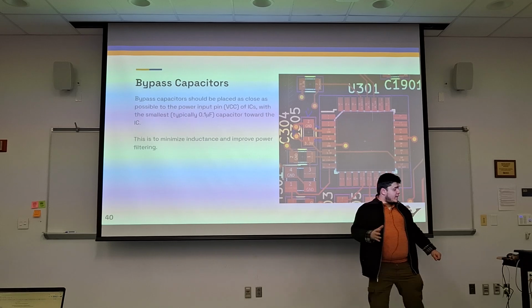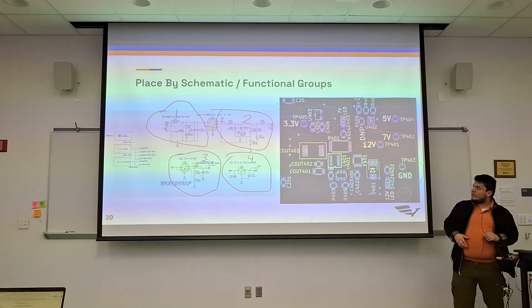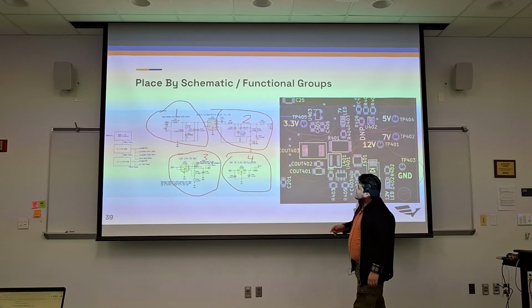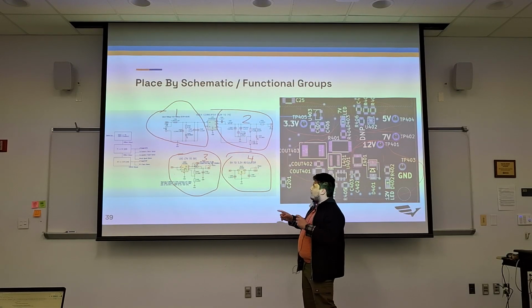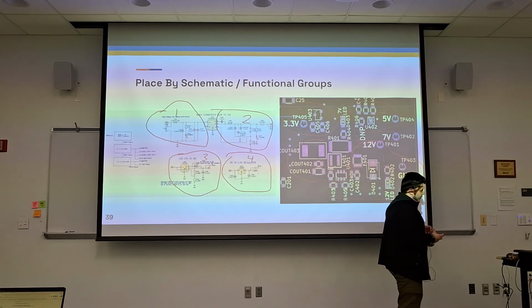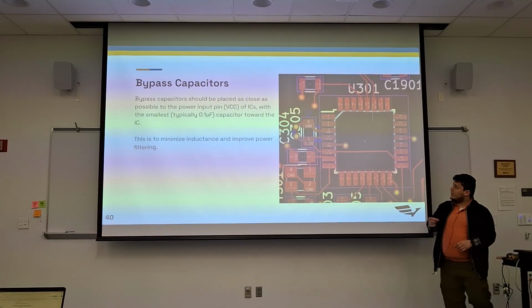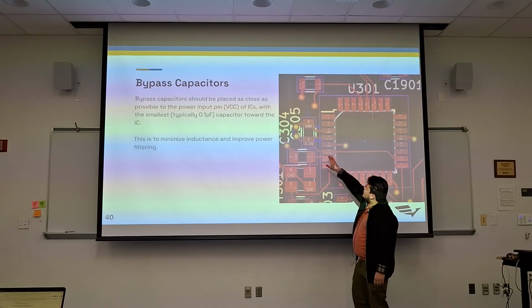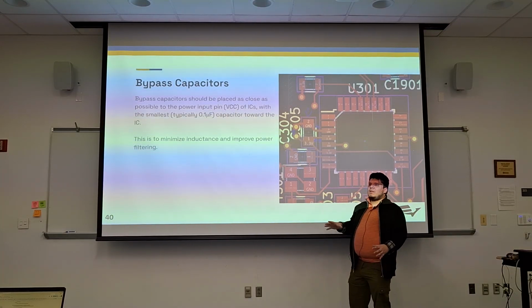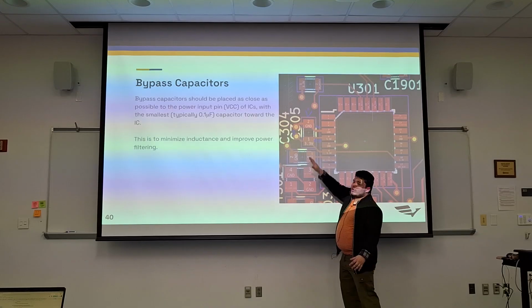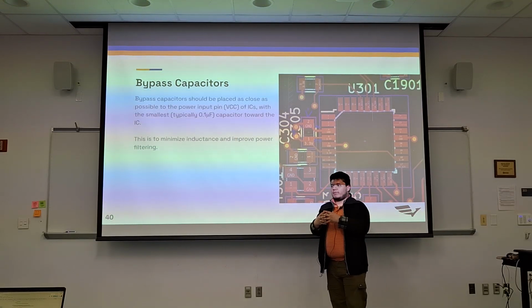The other important thing to consider in placement is your bypass capacitors. In a schematic, I don't think this one's going to have many of those, but whenever you see VCC in your schematic, there should always be a 0.1 microfarad capacitor. And you're going to want to use that capacitor to be as physically close to the VCC pins, right? Because why do we get it so close? To reduce that inductance, right? The whole point of the bypass capacitor is to serve as a filter,